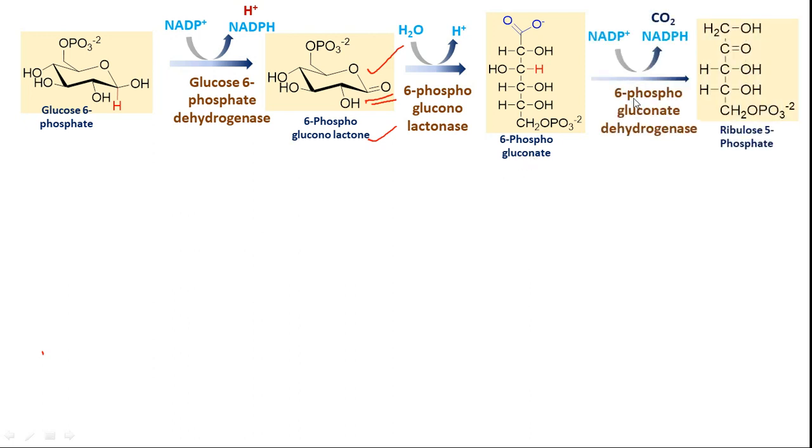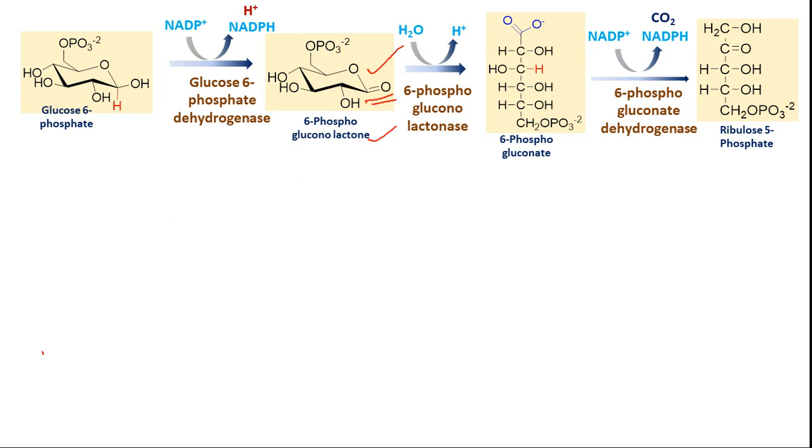Then the second step, where one more carbon dioxide, because from here actually the carbon dioxide is eliminated, thereby it is going to give us ribulose 5-phosphate. 6-phosphogluconate dehydrogenase is the enzyme which extracts one more hydrogen and then helps in the elimination of the carboxylic acid unit as carbon dioxide. Okay, so it appears like the way how alpha ketoglutarate is converted to succinyl coenzyme A, etc.